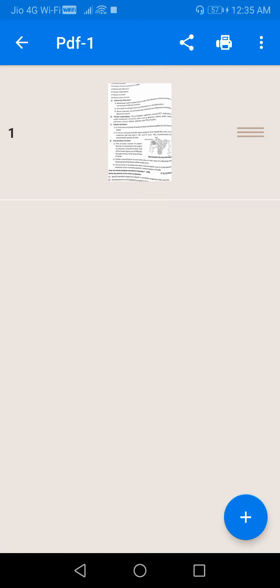Now I want to add some more documents or pages. For that I click this plus icon. Now this page I want to scan. We can scan.